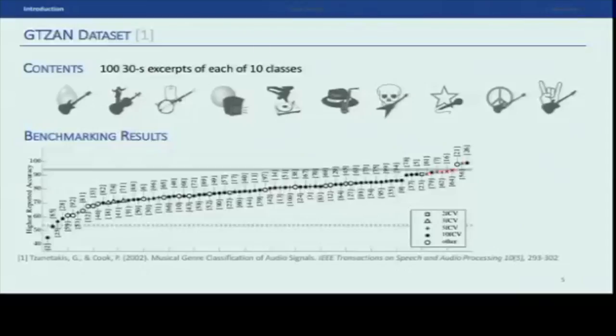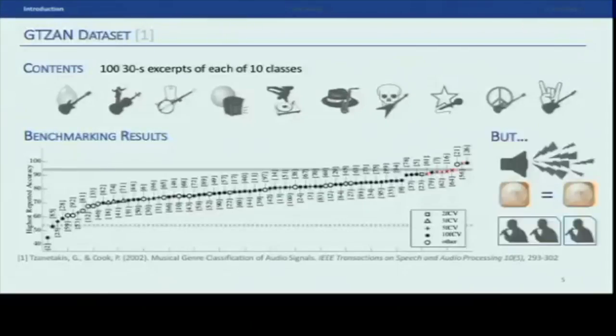But what happened here? None of those publications took into consideration what was actually in the collection. The collection contained some distortions, some duplications of the recordings. And in fact, this collection doesn't control for the repetition of artists. It means that a system that thinks it classifies in terms of genre could be using cues, for example, the timbre of the voice of the singer, or some other artist-related things, in order to do the predictions.